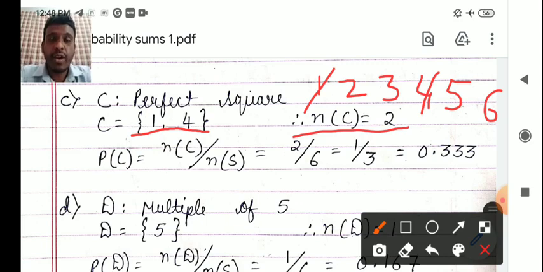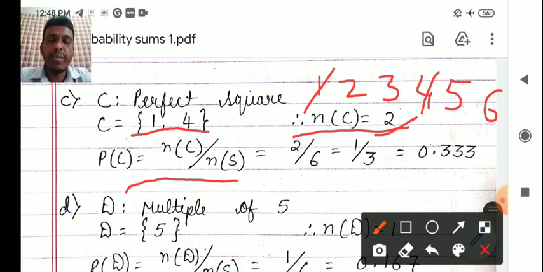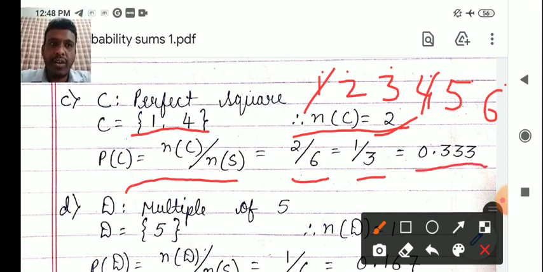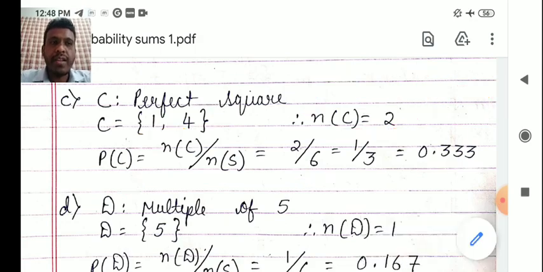Probability of C is equal to n of C upon n of S, which is equal to, n of C is 2, I've got here, n of S is 6. We have found it. n of S remains 6 for this because 6 is the number of items in the sample space, and that remains the same for the entire problem. So 2 upon 6, which is equal to 1 upon 3, that is nothing but 0.33333. It goes on, you can write up to 2 or 3 decimal places. Fine. Next problem,